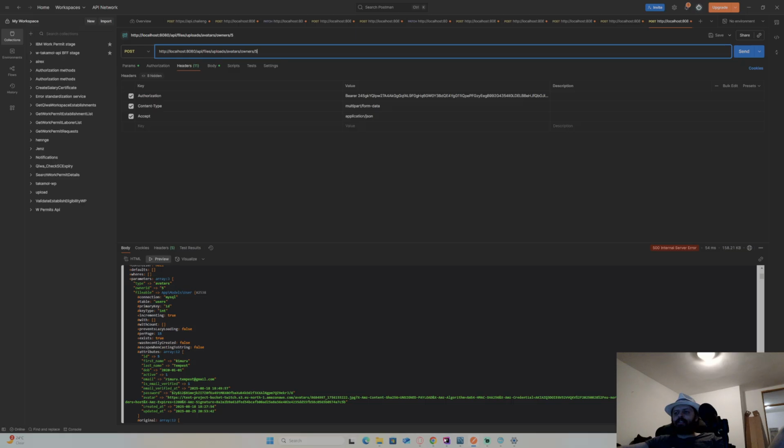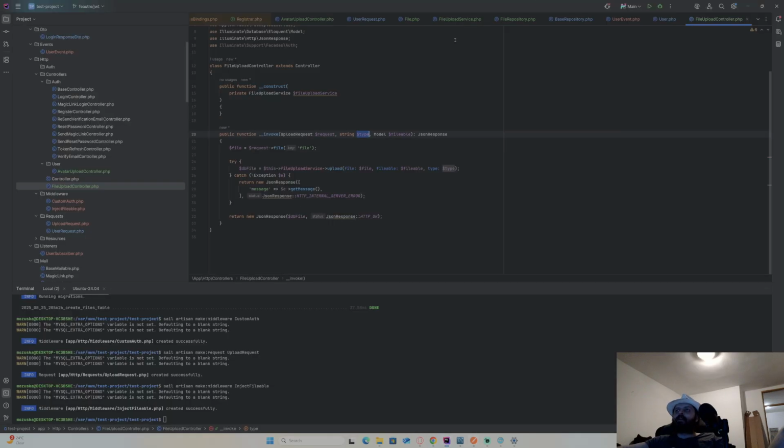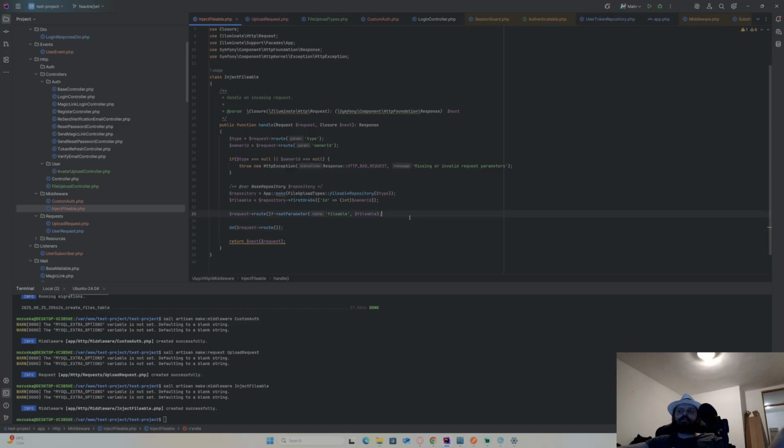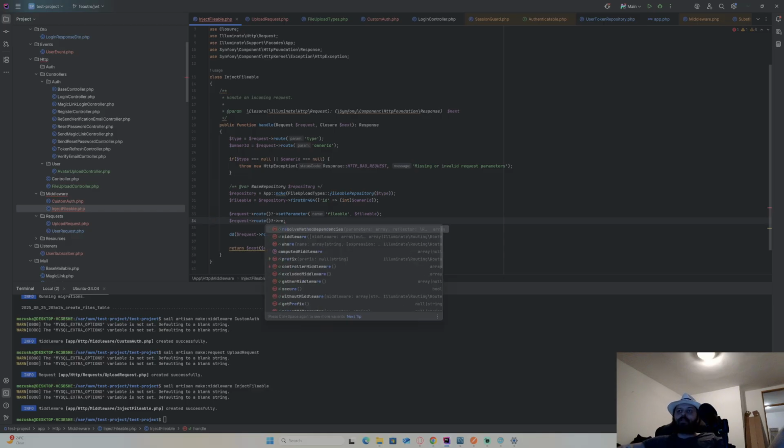I just unset it from the parameters. Now inject. Let me see how exactly I do that. Request to route. Can I remove parameter or something like that? Or maybe put it to null. Maybe null will do it. Or unset. There's no remove.